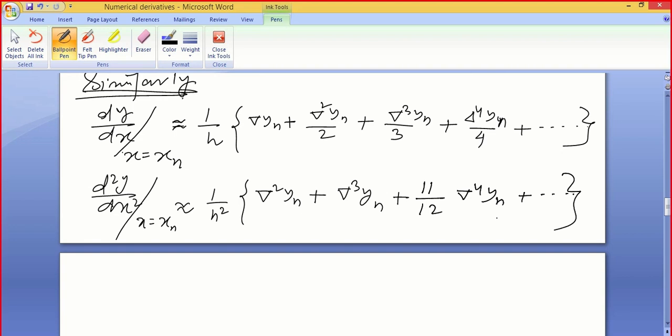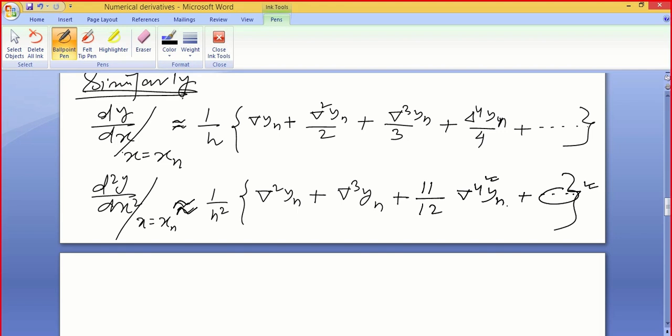Because if 5 pairs of points are given to you in the exam, you may be able to calculate at most the 4th difference. So you can calculate for 5 pairs of points using this formula. If 6 or 7 pairs of points are given, you do have the 5th and 6th differences also, but no need to calculate those. You just approximate here. This is a better approximate value, and you will get the maximum marks in the exam, because in this formula there is no linearity to remember. So remembering up to the third term is enough.